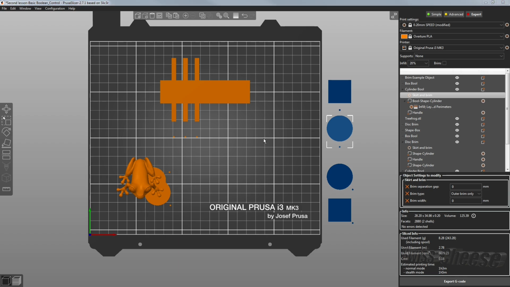What I want you to take away from this lesson is that we certainly could use these Booleans at their most basic, as I showed them to you in Lesson 1. However, if you want to get more control out of them, well, we're taking a step into the intermediate here in Lesson 2 relative to adding brim properties to our Booleans so that we can control exactly how they interact with the brims on the platter, whether they be global or